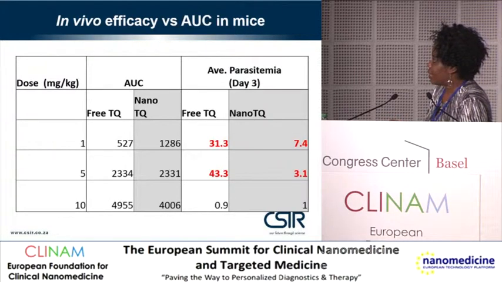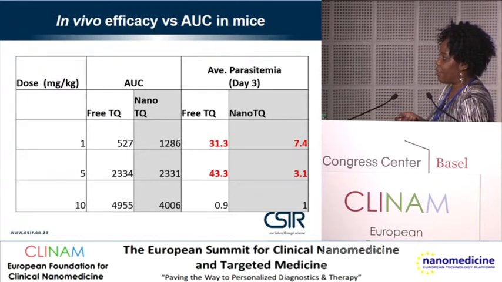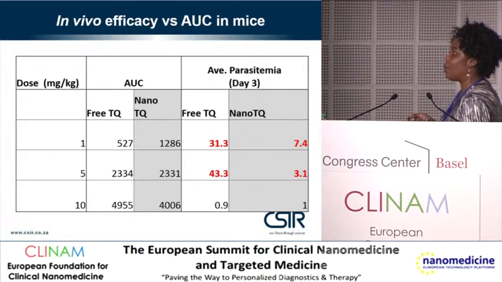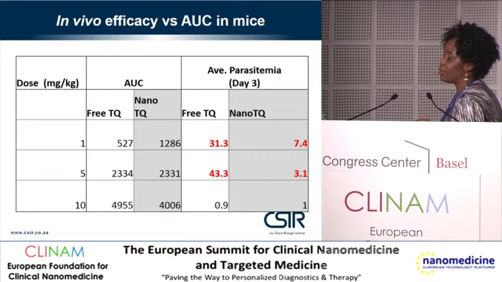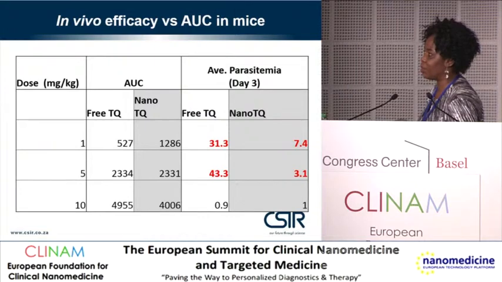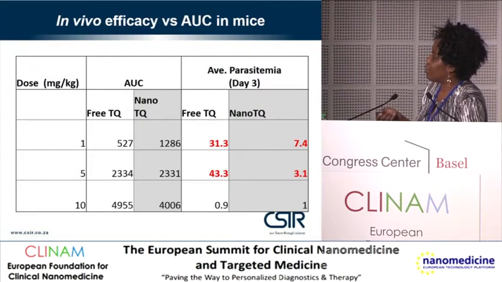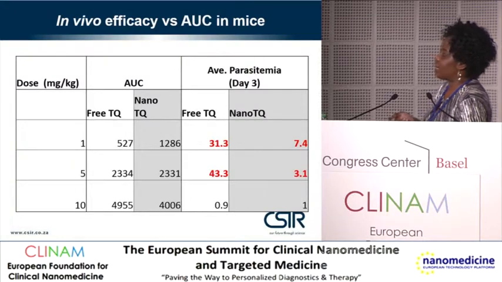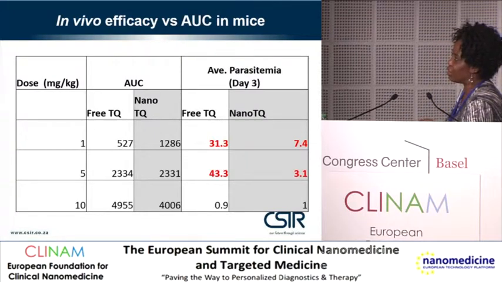We actually decided to do in vivo work to know the efficacy of the free drug compared to the formulation. And when we did this, we saw that at concentrations of 1 milligram per kilogram, 5 milligram per kilogram, and 10 milligram per kilogram, we were able to see changes, which could actually speak to the AUC, which we observed in the PK evaluation. And we did a PK/PD study to really know, at the state of infection, because remember the previous was on uninfected mice, but at the state of infection, what is it like? So we saw that actually when it's infected, we also noticed a huge change in the AUC.